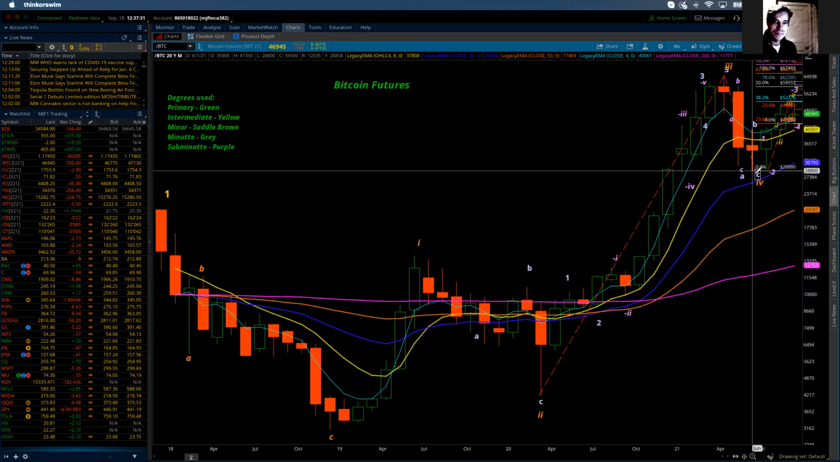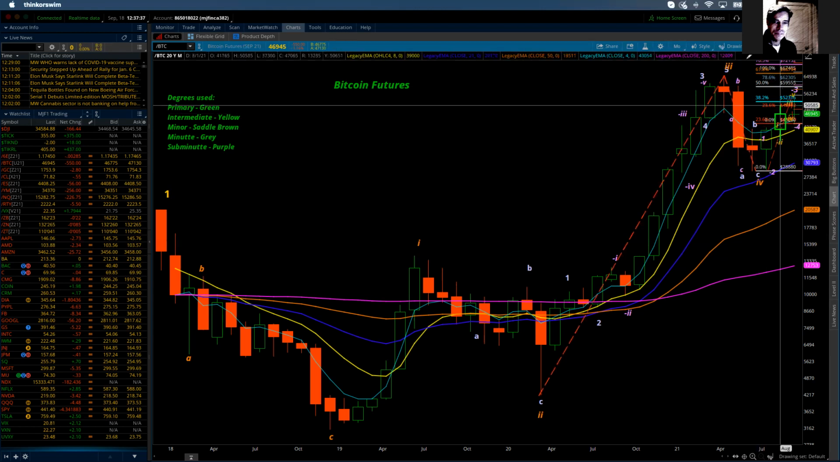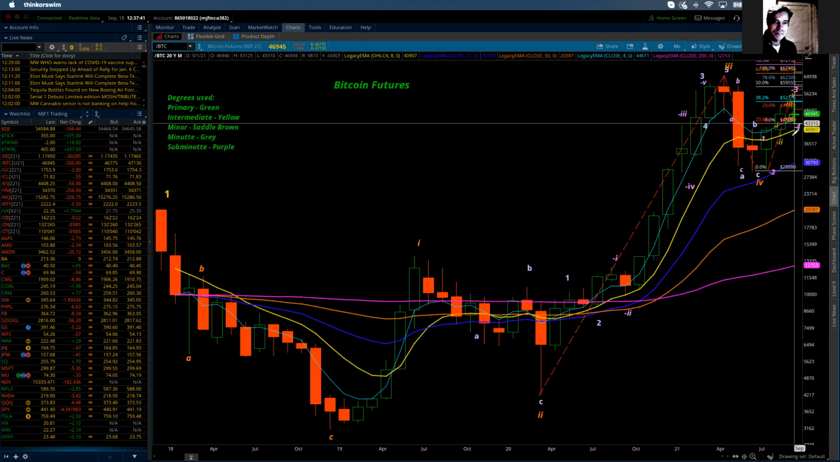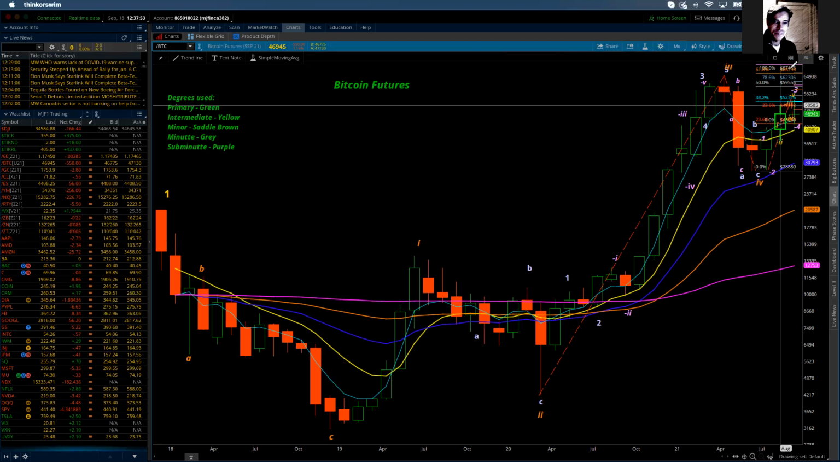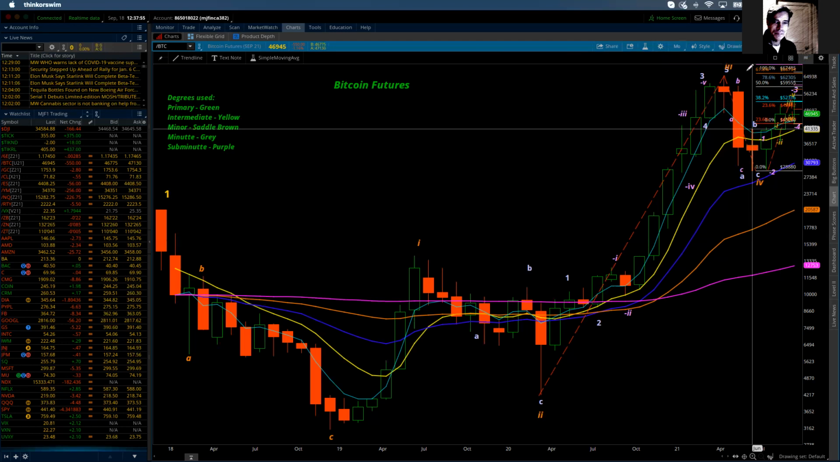But that would be the first level that I think it could finish at. And then as it produces the movement, and I can count it in terms of labeling on it, we'll be able to define or narrow that range according to what the wave structure is telling us. So right now, off the bat, first of all, we've got to get that new high in